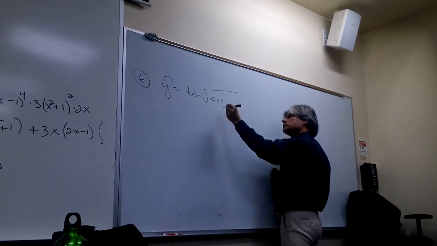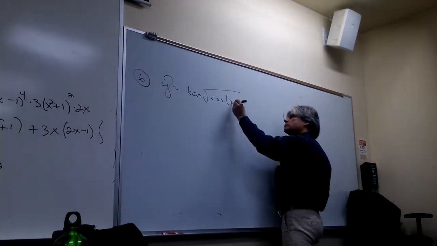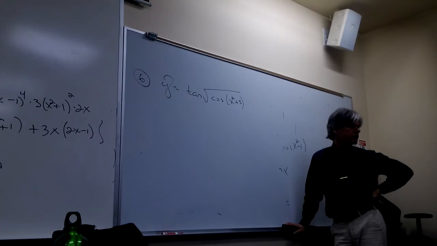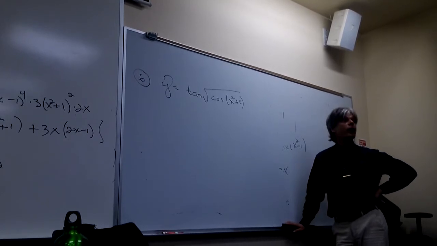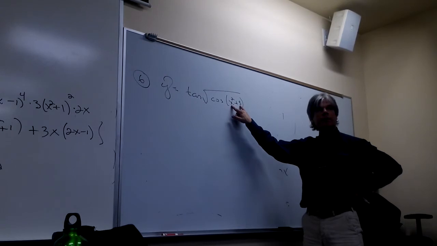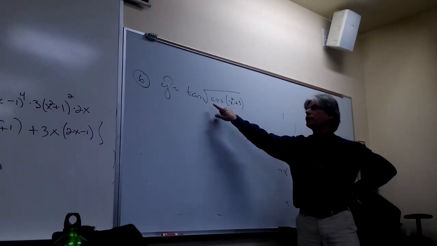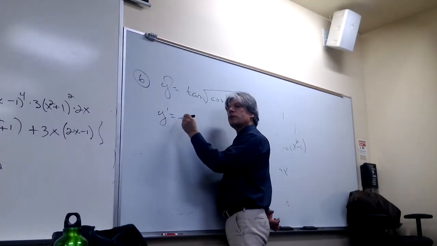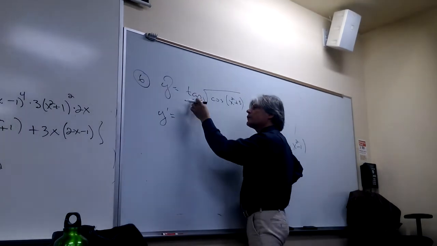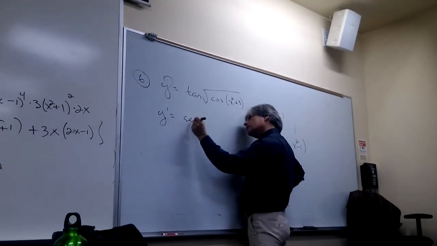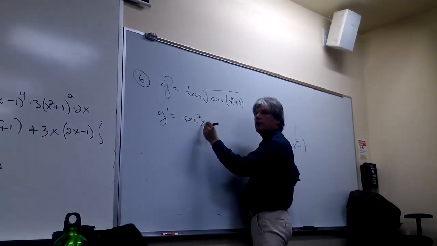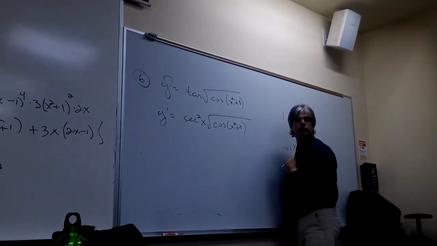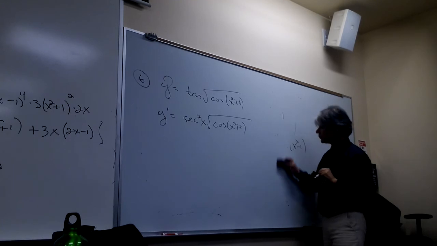Wait, is that root tangent or tangent of root? Tangent of root. Got the composition of how many functions? 3. How many? 4. The innermost one is going to be the x squared plus 3. The next outermost one is going to be the cosine function, then the square root function, then the tangent function. So to differentiate, I'll have to use the chain rule. Let's do it. What's the derivative of the outermost function? The secant squared of whatever the mess is. Why wouldn't you say that x